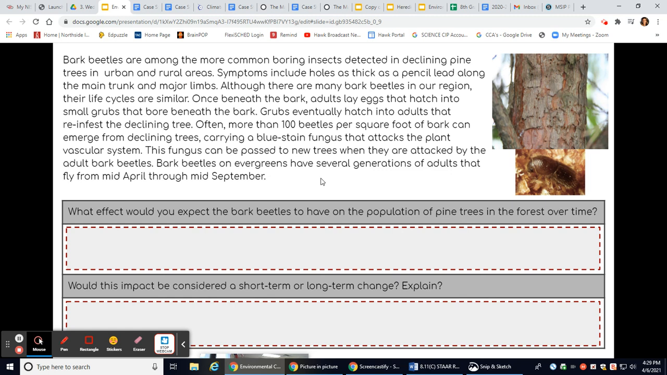So what effect would you expect the bark beetles to have on a population of pine trees in the forest over time? And would this impact be considered a short-term or a long-term change? Explain. Okay, so the effect that you would expect bark beetles to have on a population of pine trees in the forest over time could be detrimental because they are